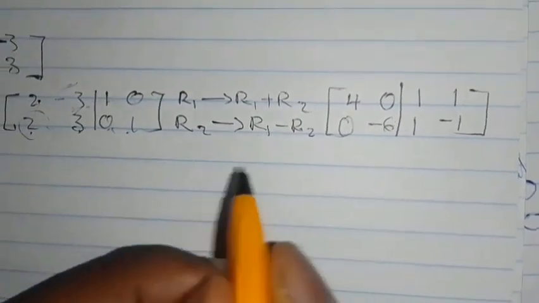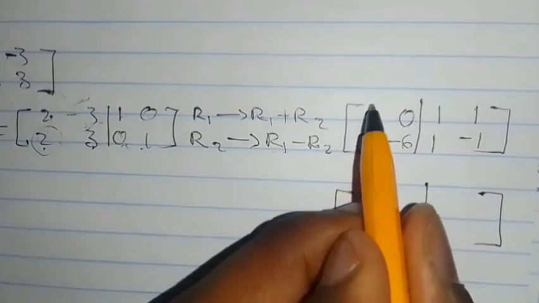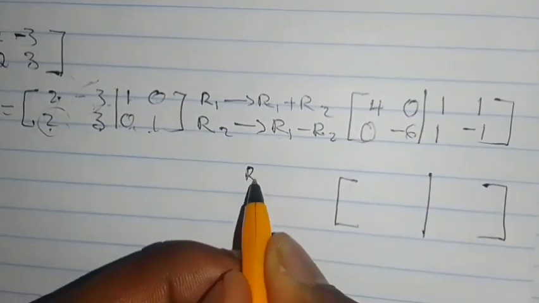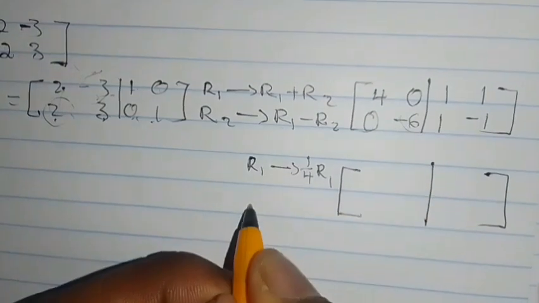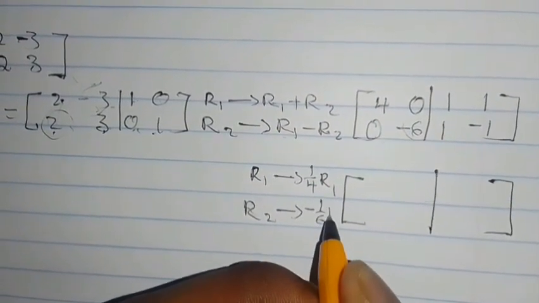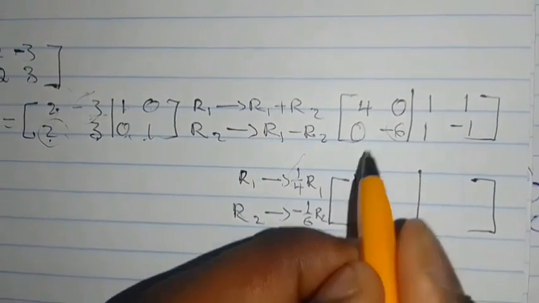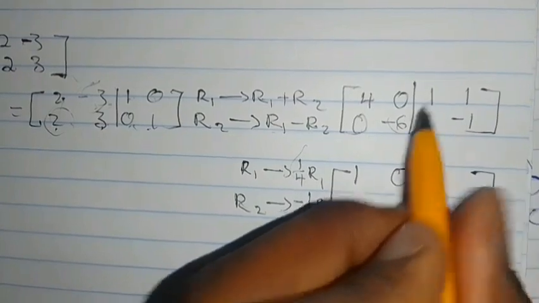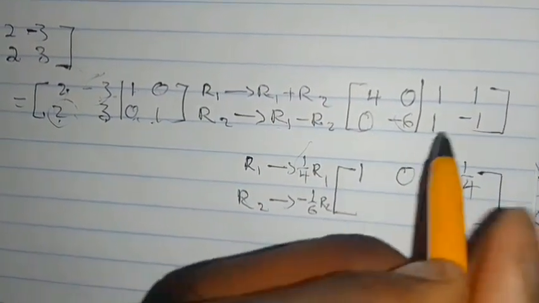And then now that we have this, we want to make this one to be 1. So we can replace row 1 with 1 over 4, row 1. And then we want this one to be 1, so we can replace row 2 with minus 1 over 6, row 2. And then we have 4 times 1 over 4, that's going to give you 1. And 0 times 1 over 4, that's going to be 0. 1 times 1 over 4 is going to be 1 over 4. 1 times 1 over 4 is going to be 1 over 4. And then